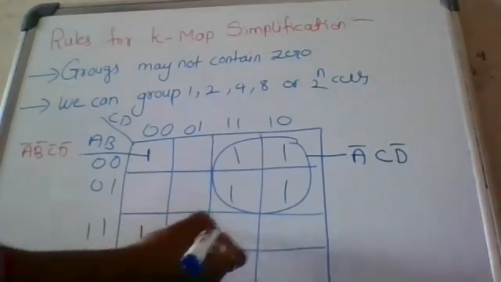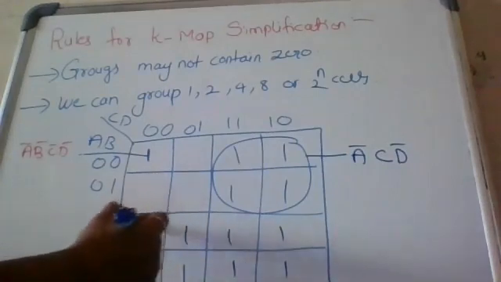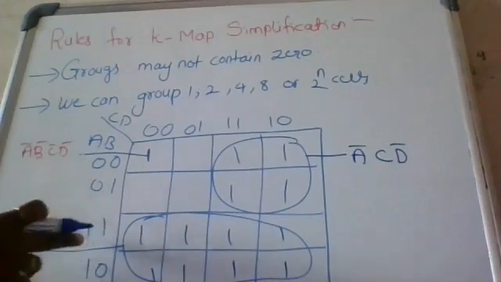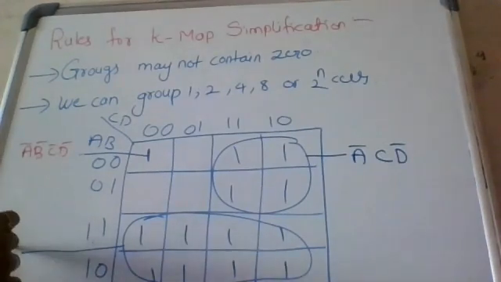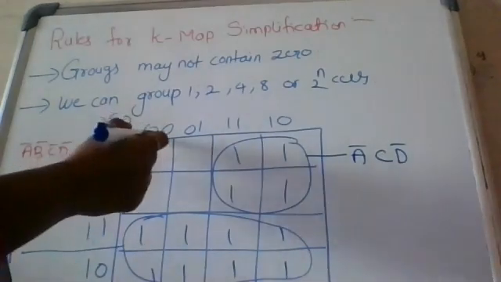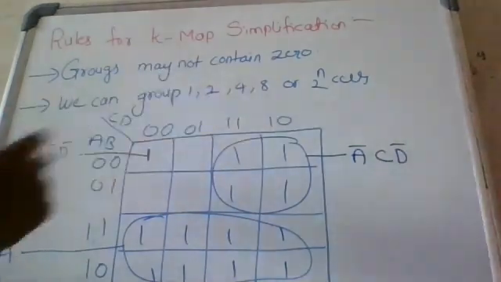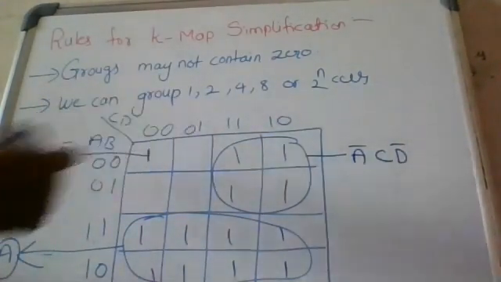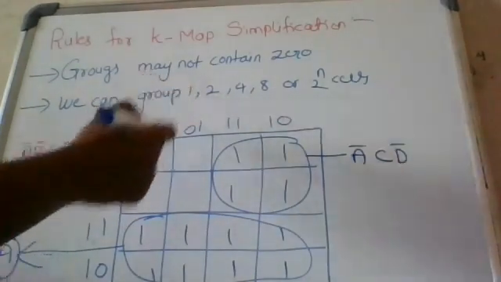Next, if you have 1s filling a block, take it as a group. Here the common is A, A equal to 1. Next, in the 00, 01, 11, 10 order, the values are changing, so you can take only the 1s. Don't take these other values. So this grouping is a single element.